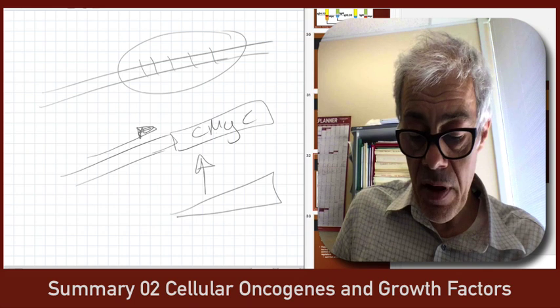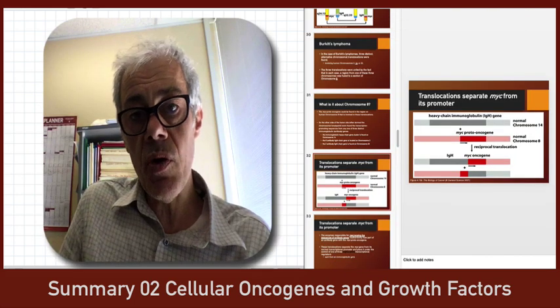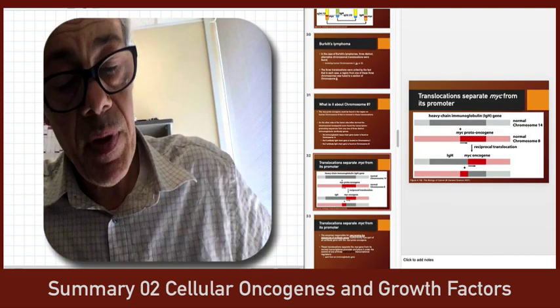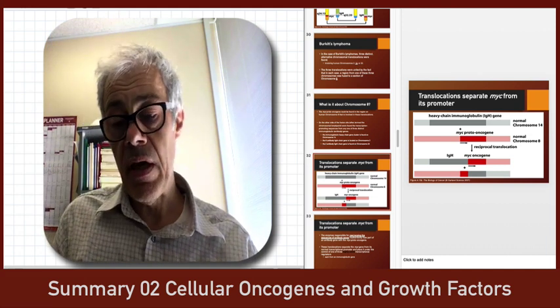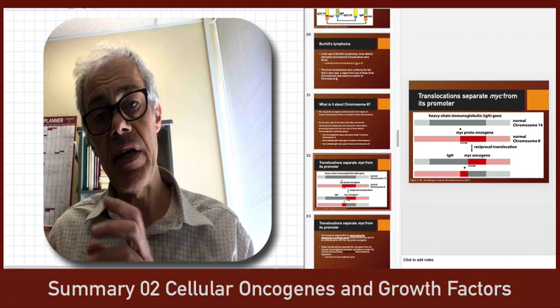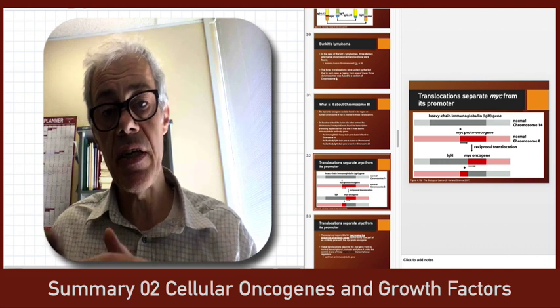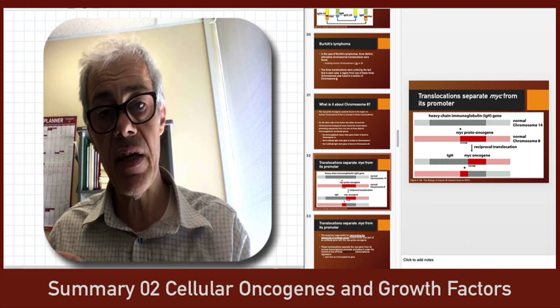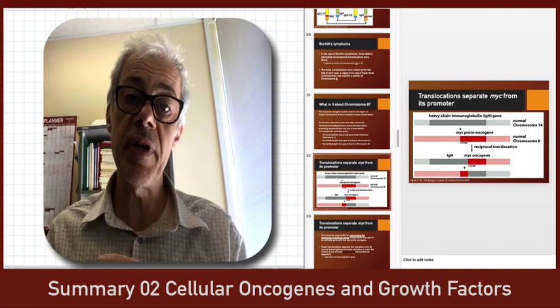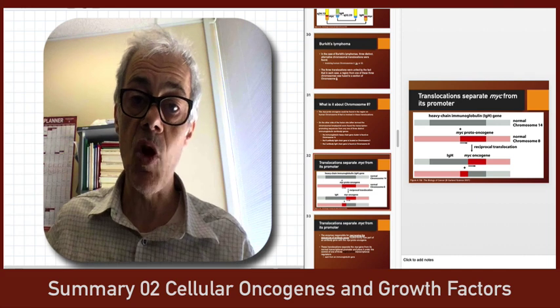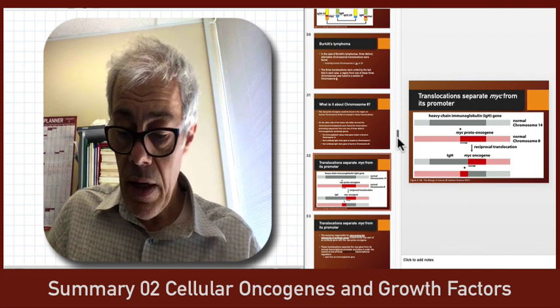So another one of these important oncoproteins was identified in Burkitt's lymphoma. So you have the infection leading to the activation of the immunoglobulin genes, leading to the gene reshuffling, leading to the translocation to another chromosome where the c-Myc gene gets linked to the wrong promoter. Okay, and then